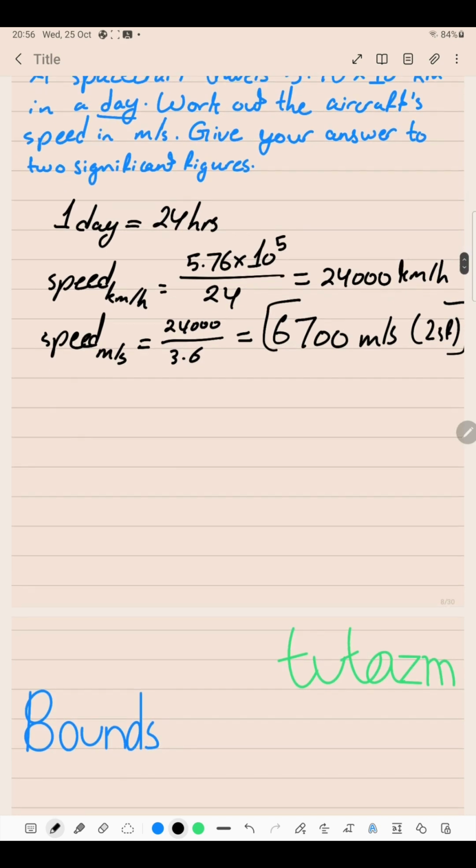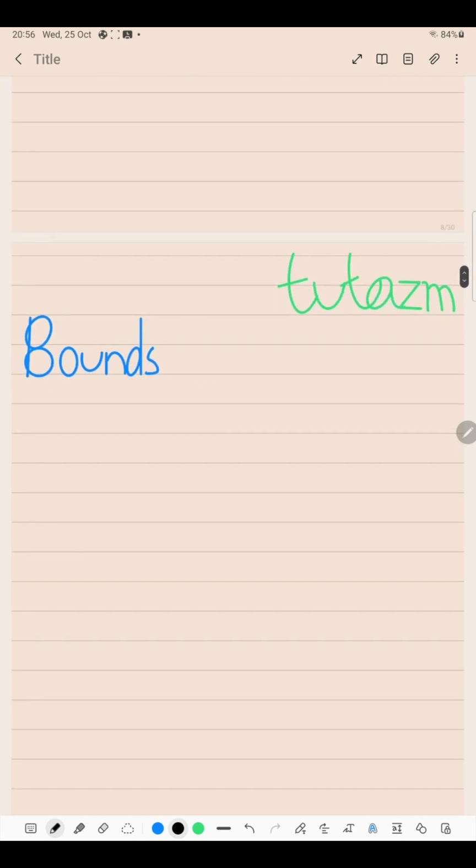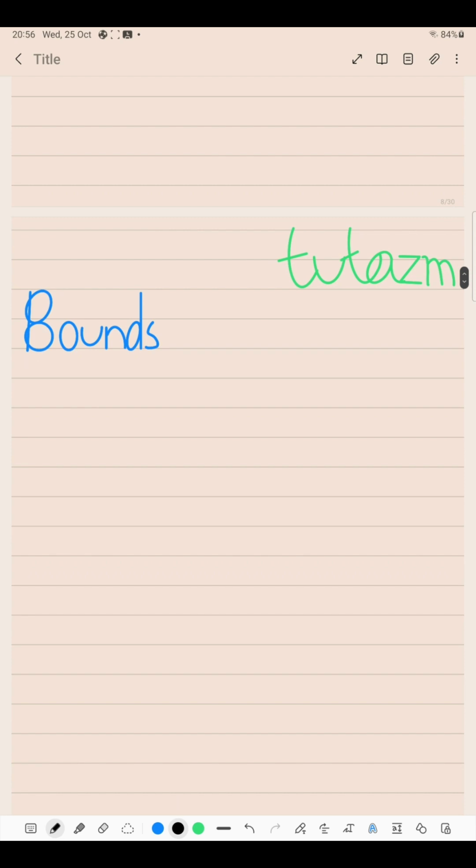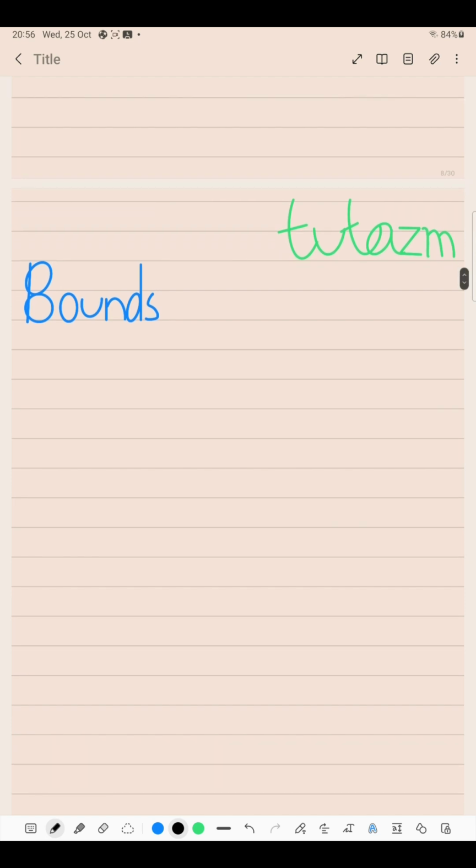Okay, let's look at the final point then. So the final thing I want to go over in relation to speed is bounds. That is upper bounds and lower bounds. So in the exam, you may be asked to work out the upper bound of a speed or the lower bound of a speed, and there's really two key formulas that you need to be on the lookout for. This is in general for any upper bound or lower bound, really, but we'll go over it for speed right now. So the upper bound